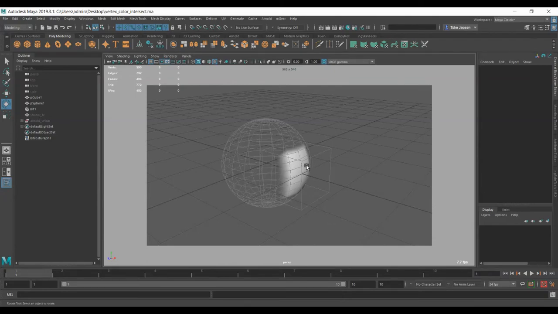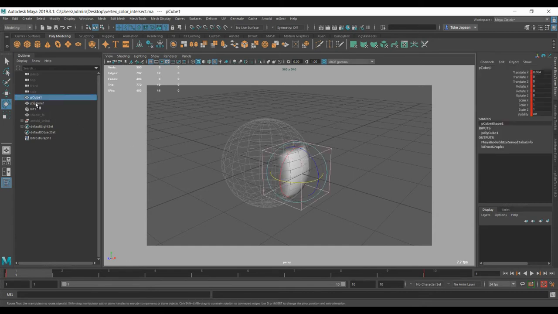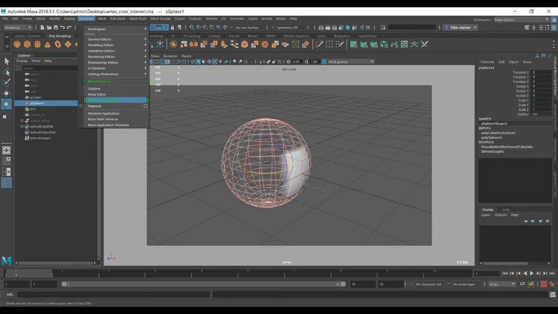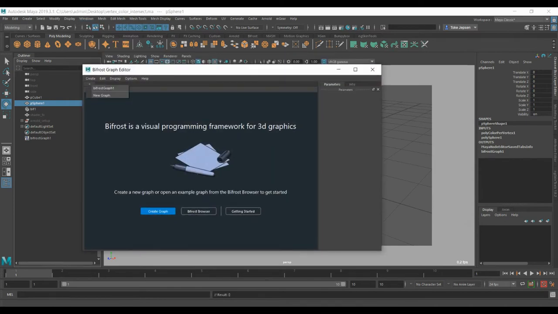Hello, I wanted to show another compound I made, which is called Vertex Color Intersection. It colors vertices when two objects are intersecting. So here we have a cube and a sphere, and just to show you guys the